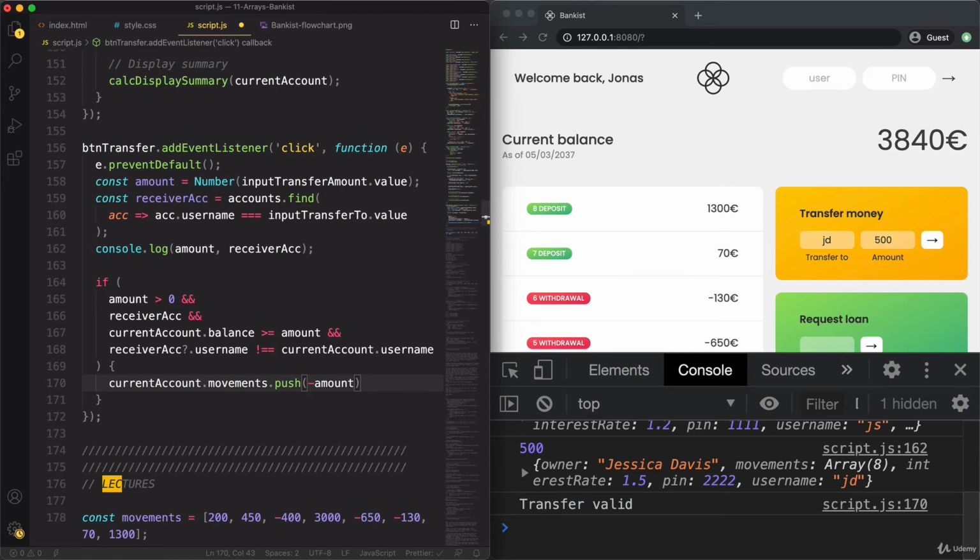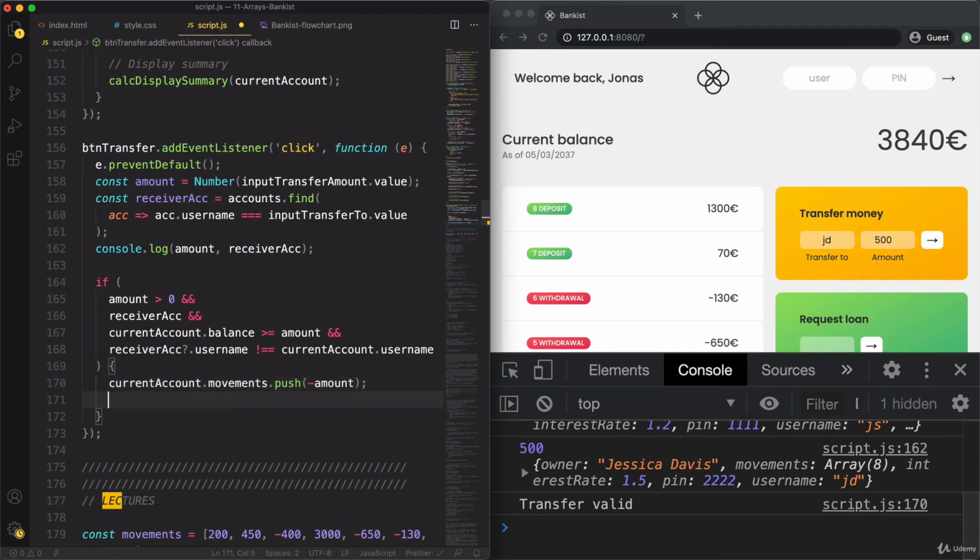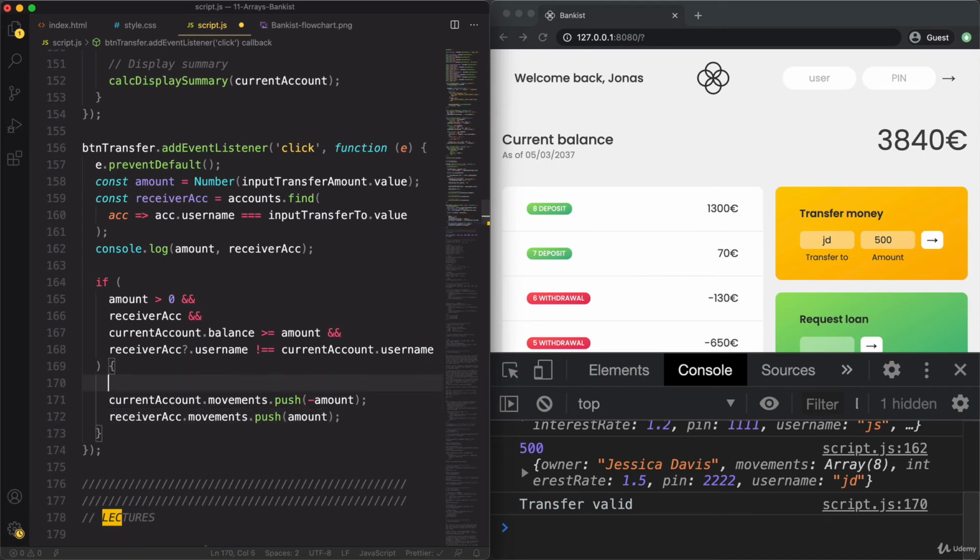So the negative amount, and now on the receiver account, we will add a positive movement. Okay, and that's actually already it. That's the most important part of doing the transfer. So doing the transfer,